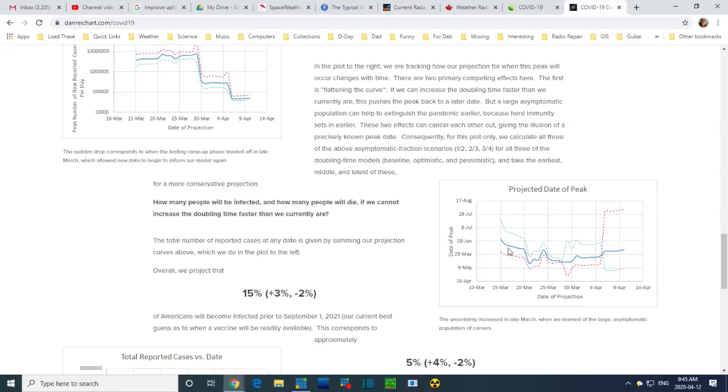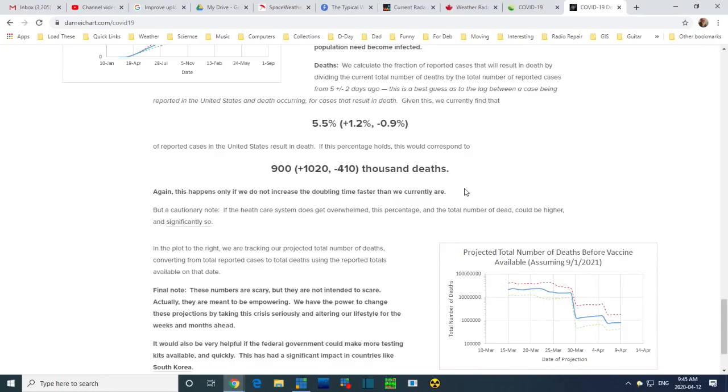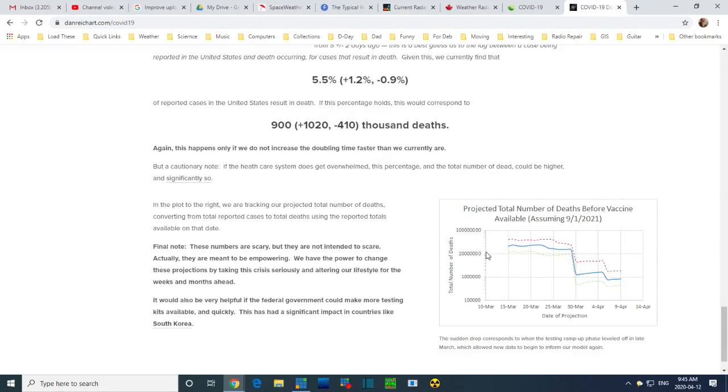It is, according to them, and this is a tough chart to look at, end of May, middle of June. Looks like the first week in June, something like that. Peak of infections in the United States. Okay, and now the last chart to look at.